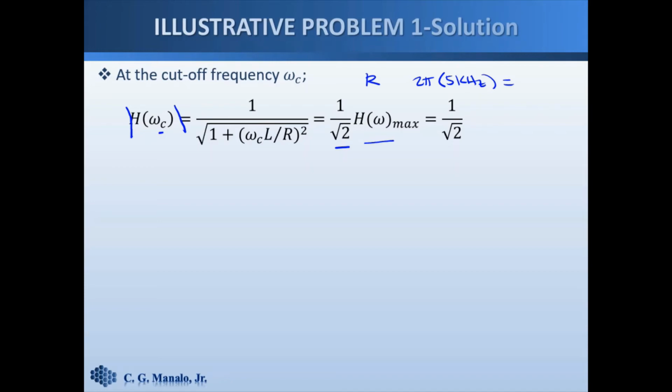And since we already know the maximum magnitude, which is equal to 1, that means that this one, which is equal to this one, must be equal to this one. Okay,